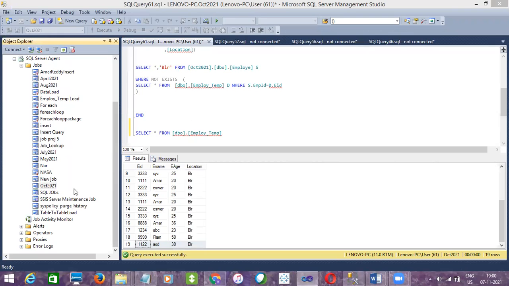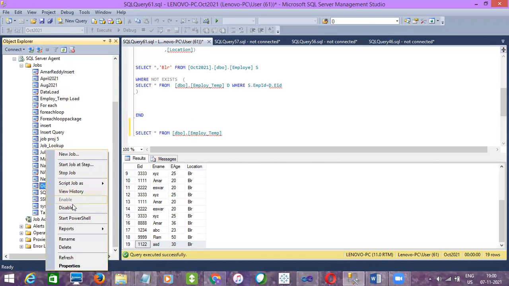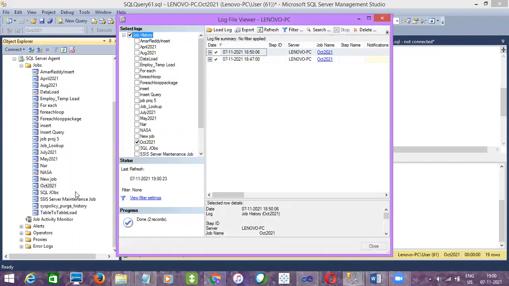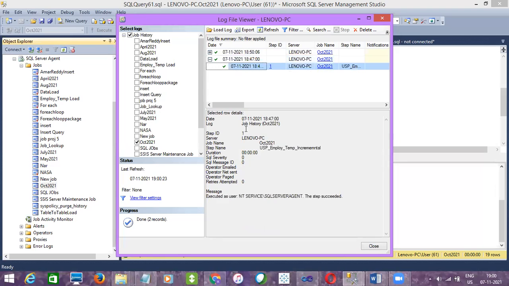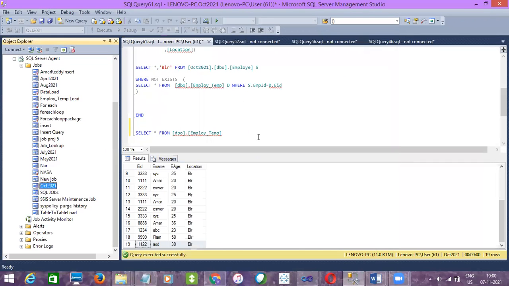So see here, you need to check whether the job has executed successfully or not. Now it is a green tick mark. If it fails, it will be red. This is where you can see it, and the error message also you can see here. If you click on it, you can see the success message. If it fails, we can see the failure message here itself. As of now, the job has not started.